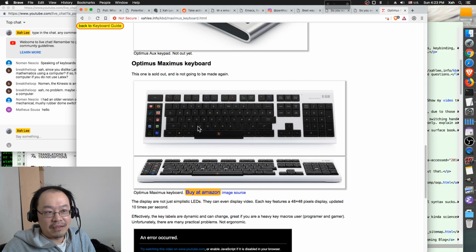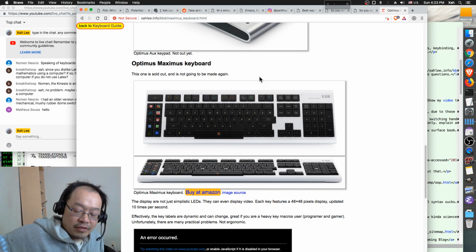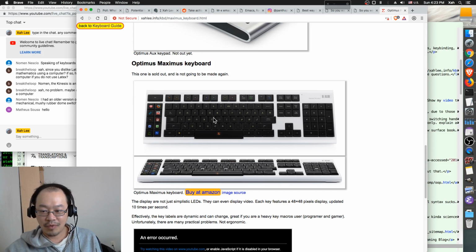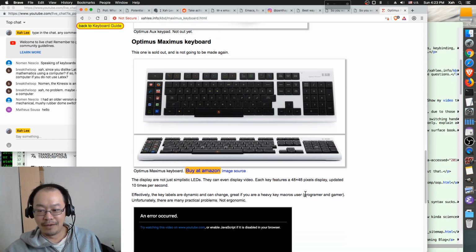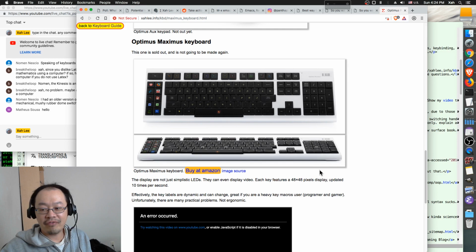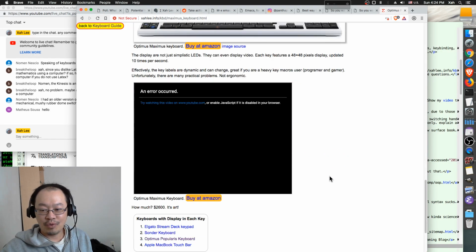In the beginning, around 2001, this is the first one they came up with. It's on Slashdot, which is a news for nerds website. It's like Hacker News back in 2001, the first website of that kind. This one was the first one that said we're gonna make these. Each key is actually a little TV. It didn't come out until like 5 years later, and when it finally came out, the price was like $2,000, $2,600. Okay, there's a video. Let's see if I can watch the video.